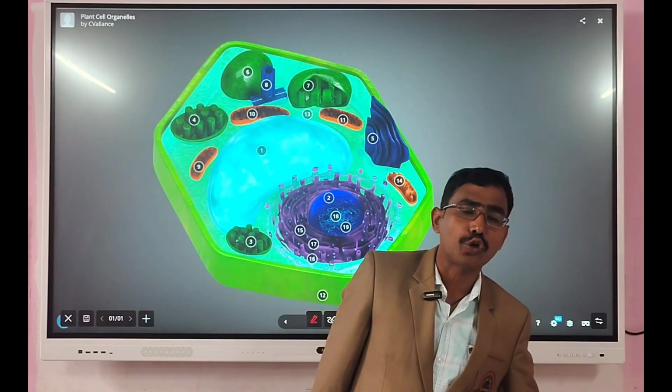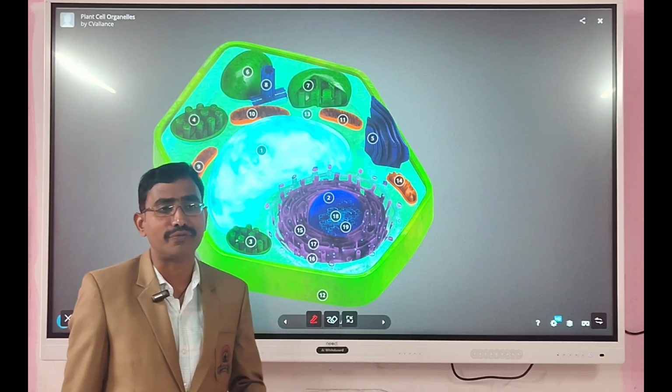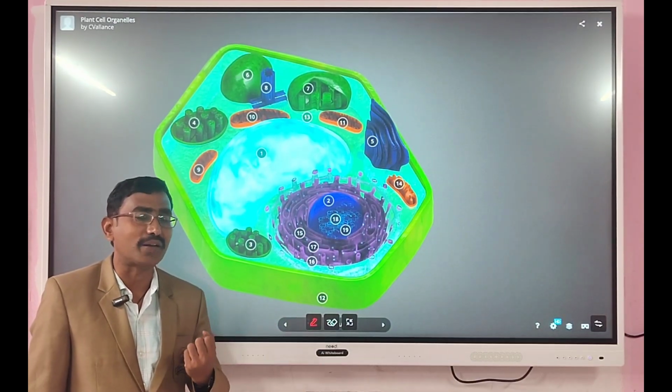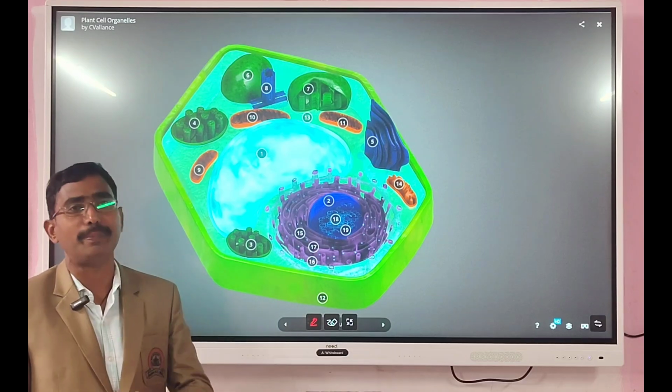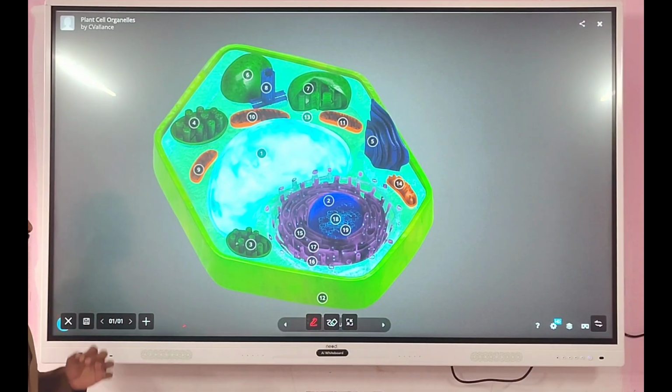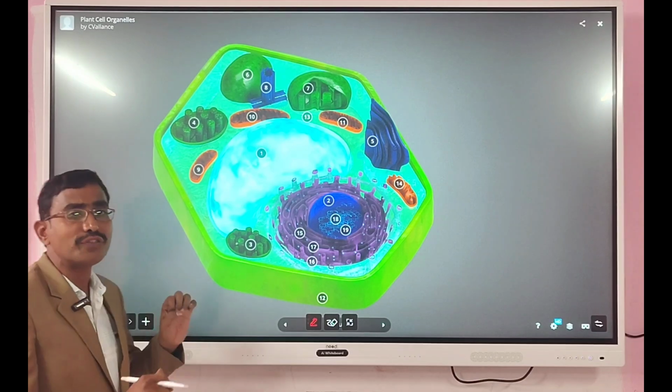Generally plants are autotrophs. They can prepare food material themselves. So plants contain leaves. The leaves are green in color because they contain chlorophyll pigment. Now when you see the plant cell structure, the outer layer of the plant body